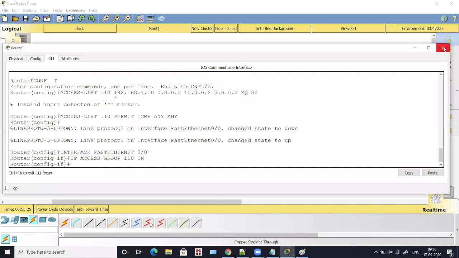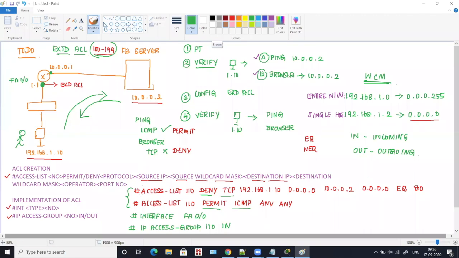Okay, so what we have done is we have written all these 4 lines: access list, interface, and IP access group. We've written these 4 lines in this router. That's it. Everything should be written in configure terminal mode.